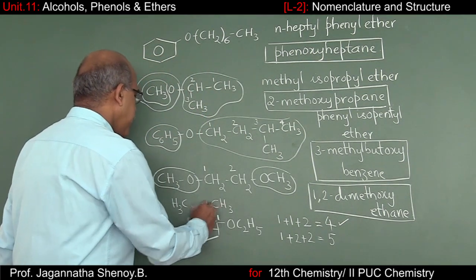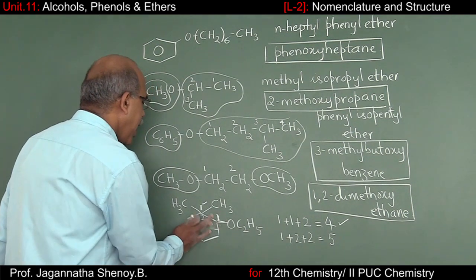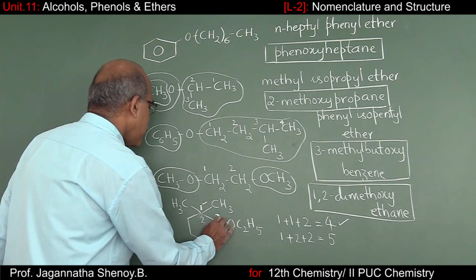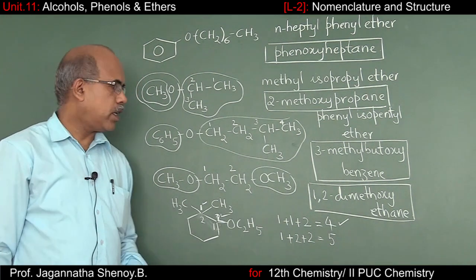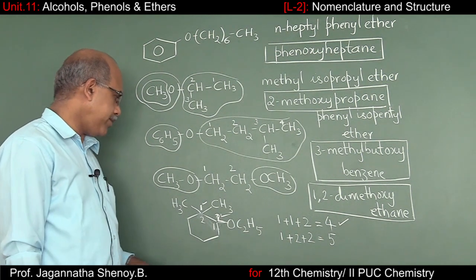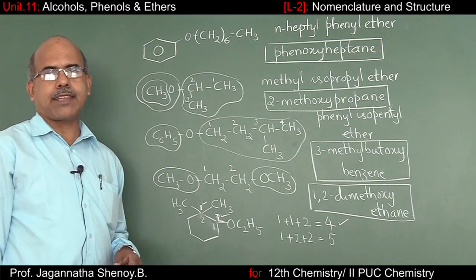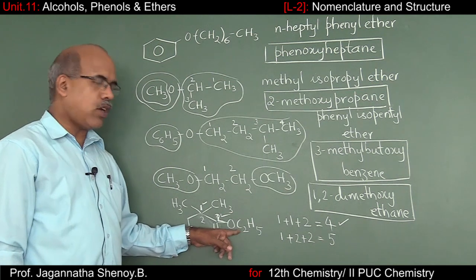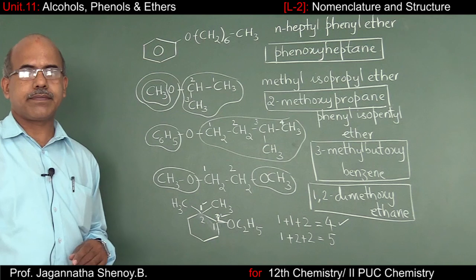So what is the correct numbering system then? This is the correct numbering system, 1 here and this has to be 2. And this is the other way we consider, this is 1 and this is 2. So which is the correct numbering system? This is the correct numbering system, 1 and 2. So with this we can write the IUPAC name of the compound. We have a dimethyl group and here we have an ethoxy group. If you consider the alphabetical order rule, ethoxy should be written first and then methyl.